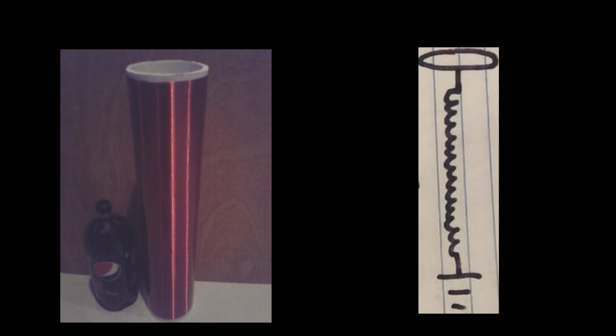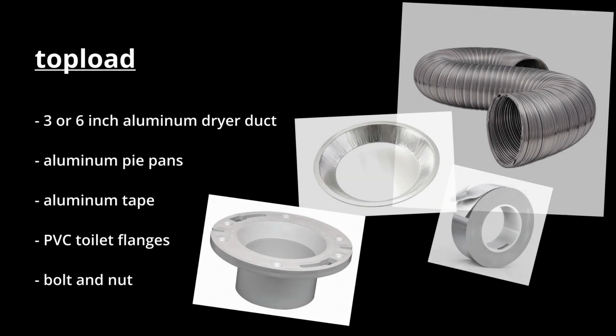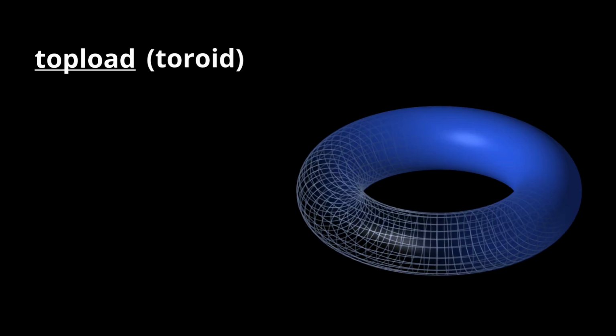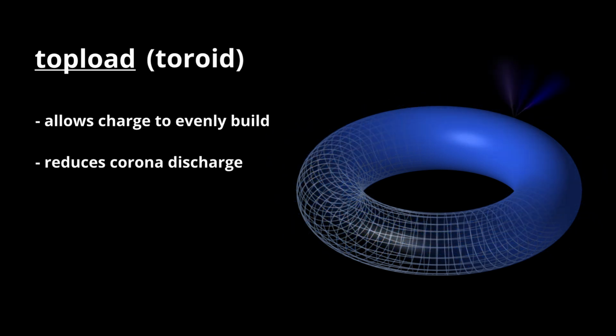Now that we have the secondary coil, we can make the other part of the secondary circuit, the top load. The top load is a smooth metal object electrically connected to the top of the secondary coil. It is usually made of aluminum because of aluminum's high conductivity and low cost. The best shape for a top load is a toroid, also known as a donut. This is because the toroidal shape allows charge to evenly build on the surface, which reduces charge loss via corona